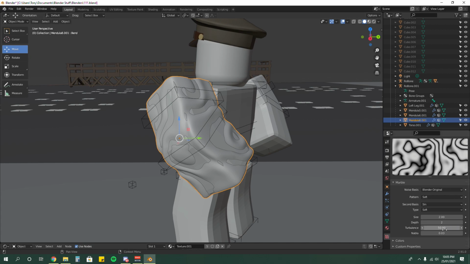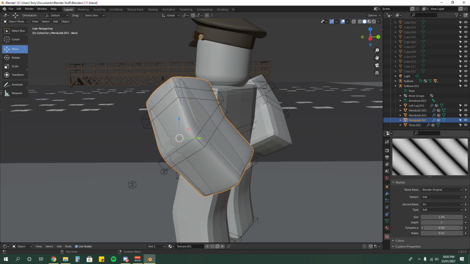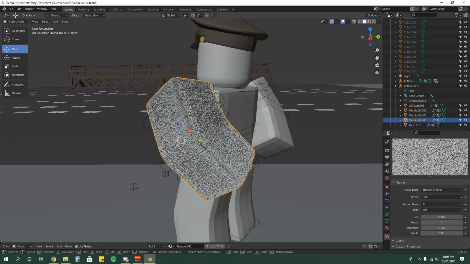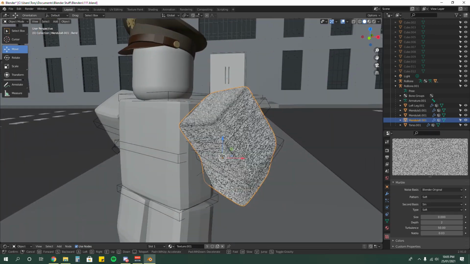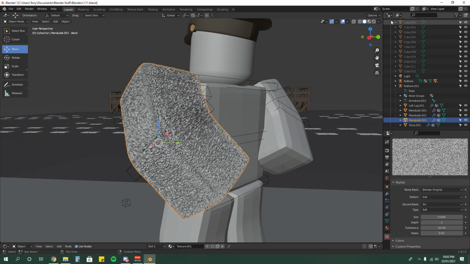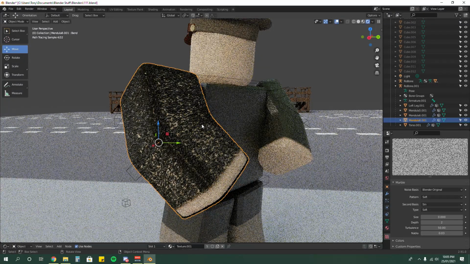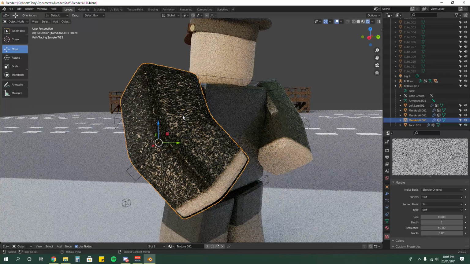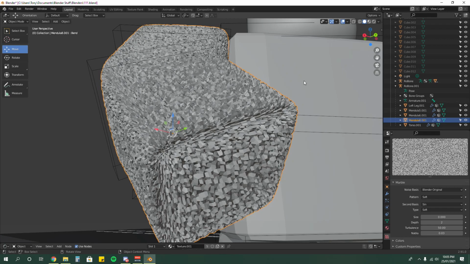It's gonna make this cool little swell, but if it's too much, you can just scale it down. We can have like 0 size, and it just kind of looks like you're wearing grass. Actually, that's pretty cool. You're wearing like a ghillie suit. Oh, that kind of looks like wood. That looks like wood bark. Oh, it kind of looks like a furry.